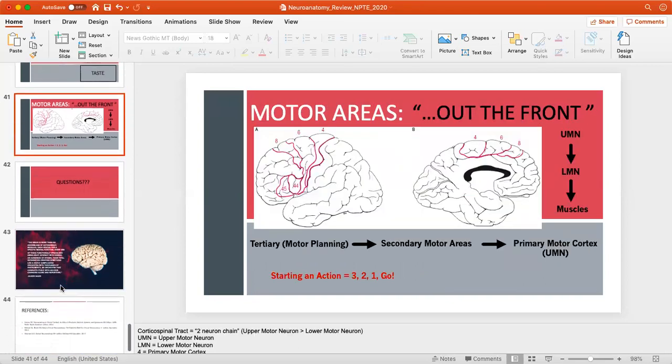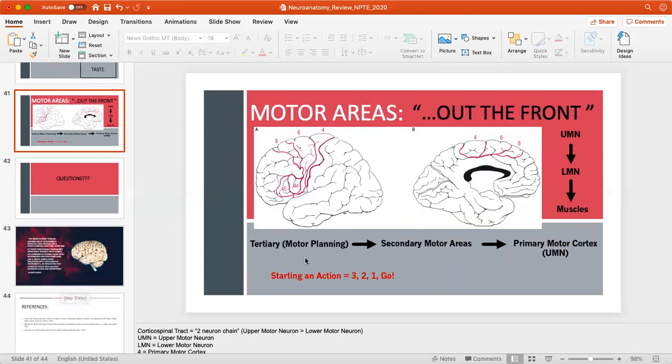For motor areas, we're thinking about out the front. So when I think about motor processing within the cortex, my little saying is going to be, if you're starting an action, it will be 3, 2, 1, go. So this motor information is going to start in the planning phase. It's going to start in a tertiary area with all of these inputs. It's going to travel to a secondary motor area where that motor plan is getting more distilled. And then finally, it's going to travel to